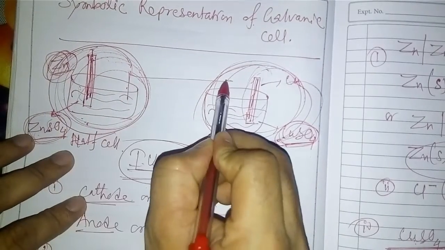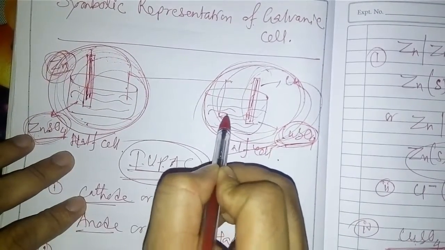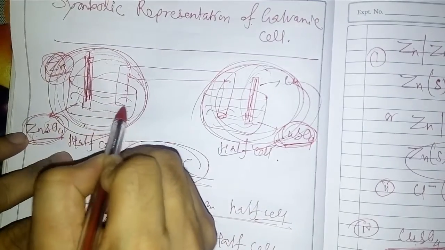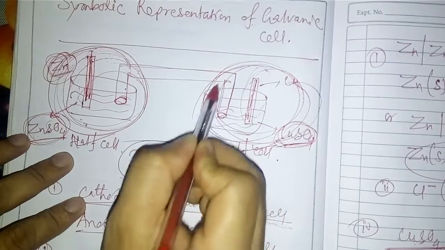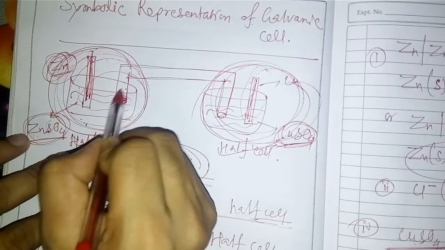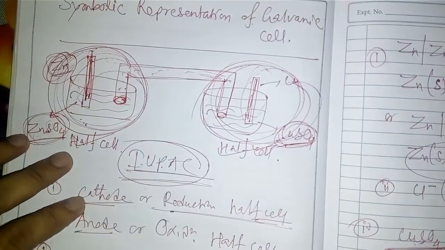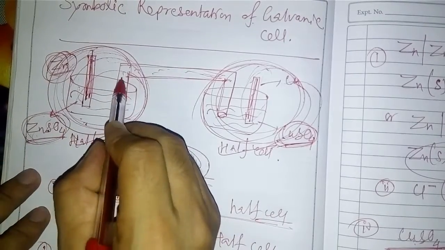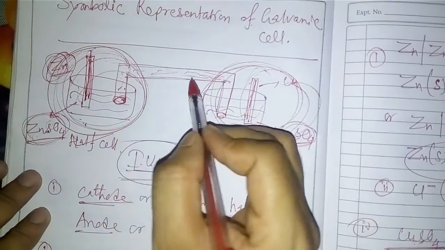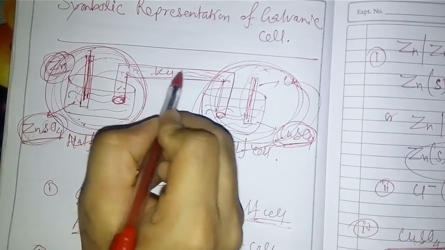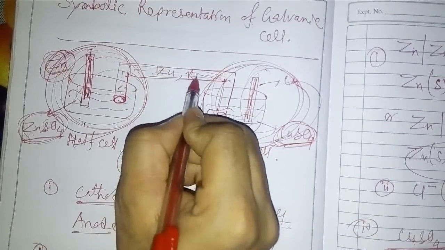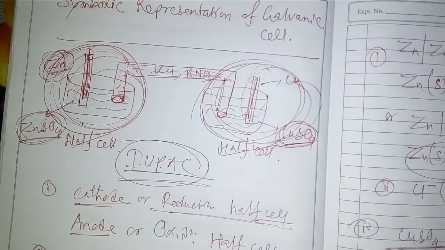So you can set one salt bridge here. This is a U-shaped tube, called a salt bridge. Inside the salt bridge there is agar-agar gel and an inert electrolyte like KCl,